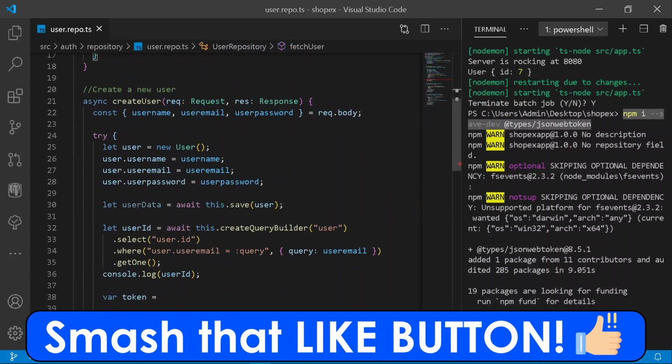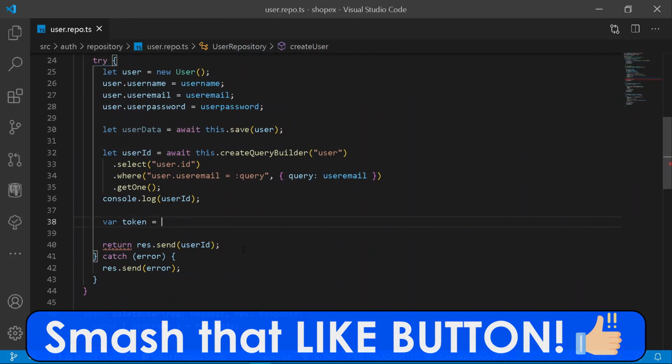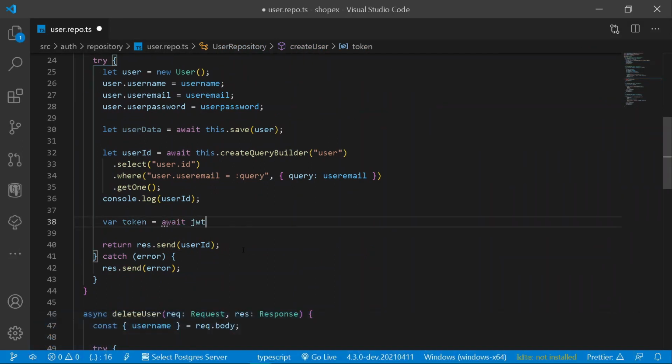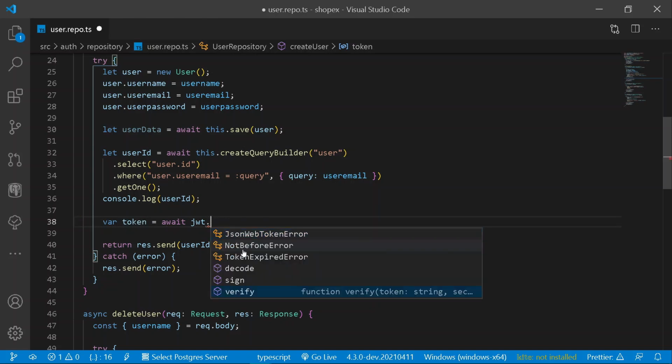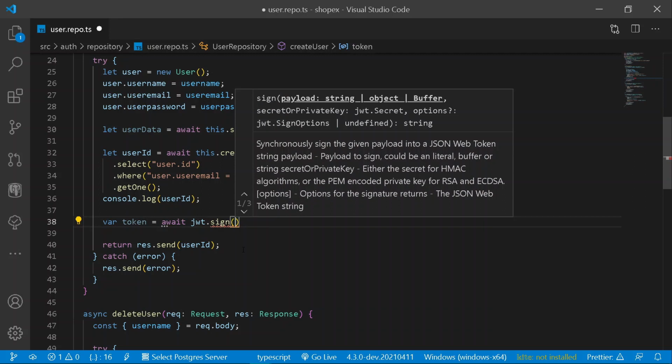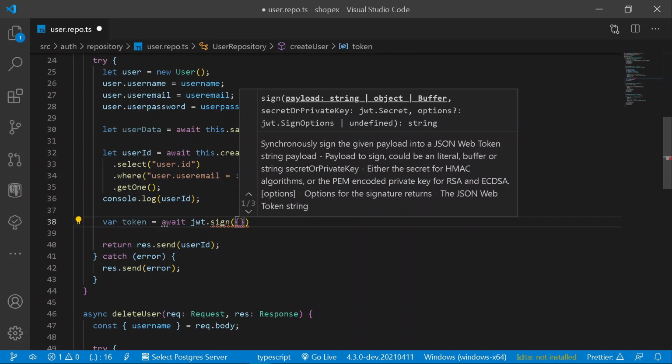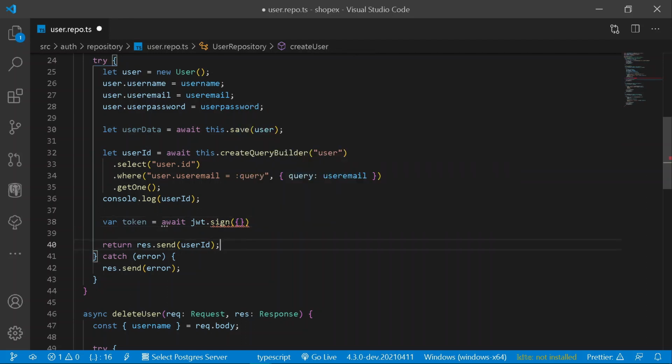So now what I'm going to be doing is going down here, and here the token shall be under await state, and here I should be writing jwt, and after pressing dot over the following method, you should be getting 3 different methods: decode, sign and verify. So first thing first, we need to simply sign our entire JWT token. So first of all, our JWT shall be requiring a payload. Now the payload is going to be a unique UID of a particular user that we need to sign in. And for this purpose, I will be adding an ID to be the following user ID under my payload. So I can copy the following user ID and paste it here.